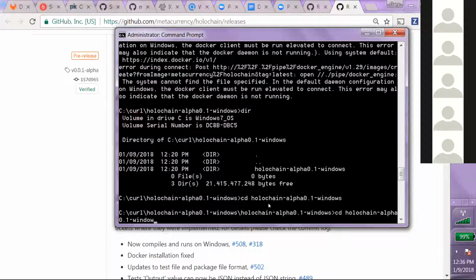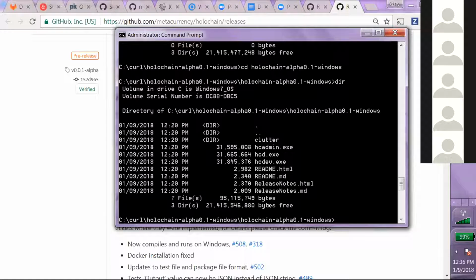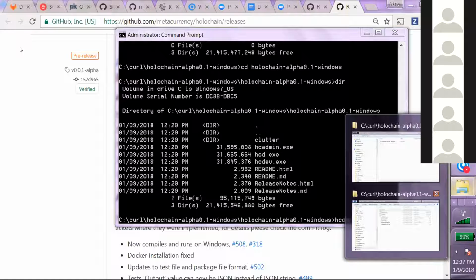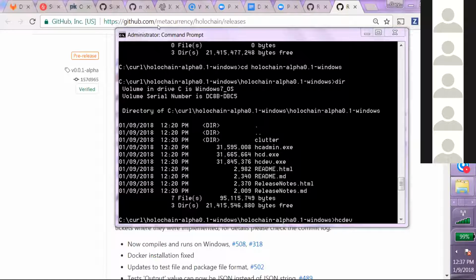Okay. Yeah, so you got it. So just run hcdev and then init with your email address. I think if you look in your chat, there should be hcdev space init. Yeah. Oh, wait, where is the Zoom chat? I'm sorry, I'm going to have to stop sharing to figure that out.